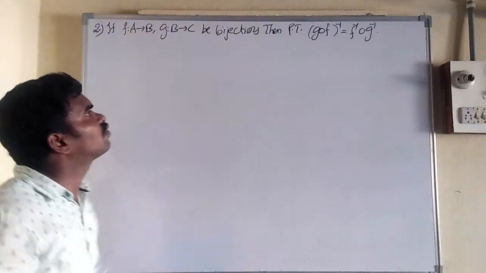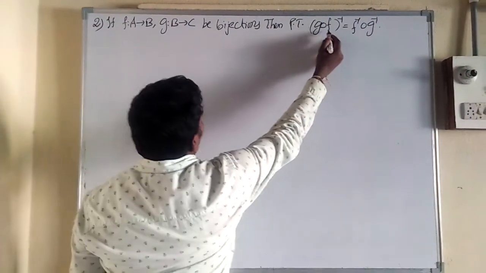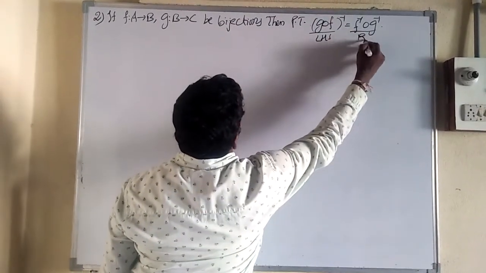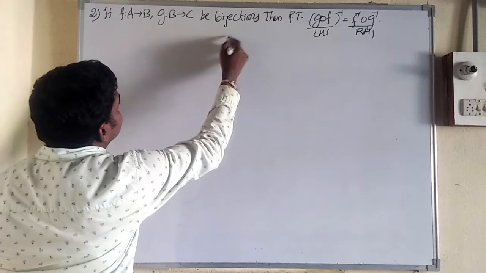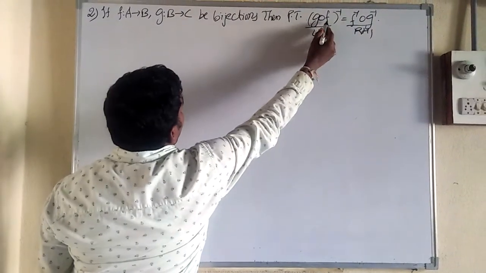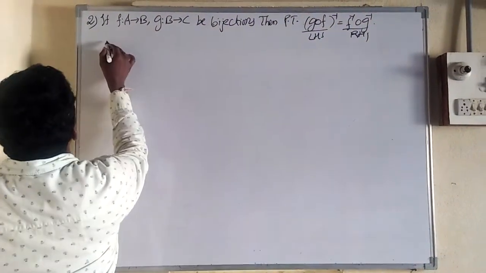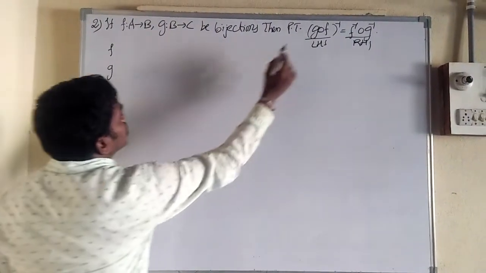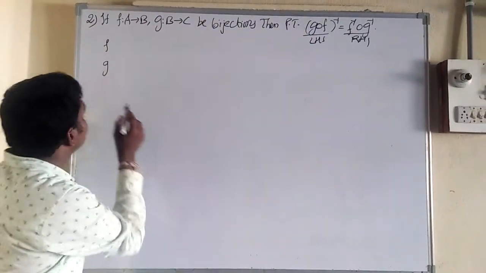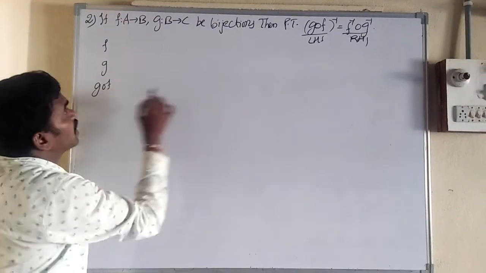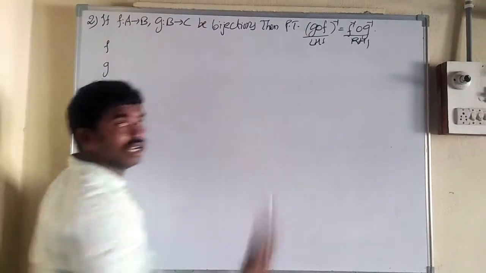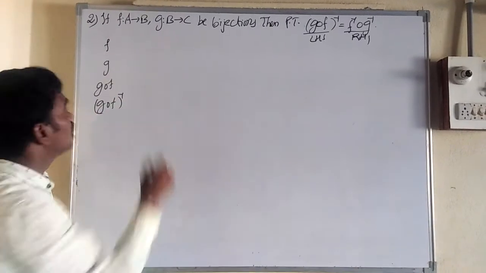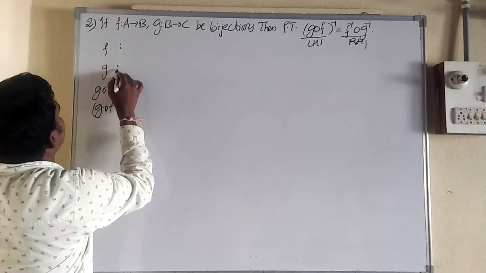Okay, let us see how to prove. Just write down the left hand side; this is the left hand side, and this is the right hand side function. What is the first one in the left hand side? First one is F, second one is G, next G circle F, and next (G circle F) whole inverse. Okay, everything maps from.